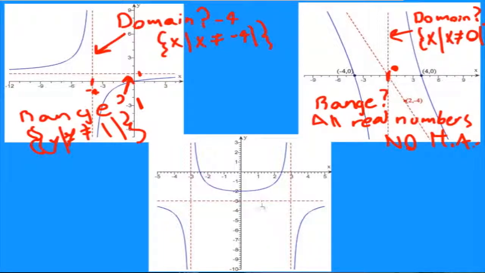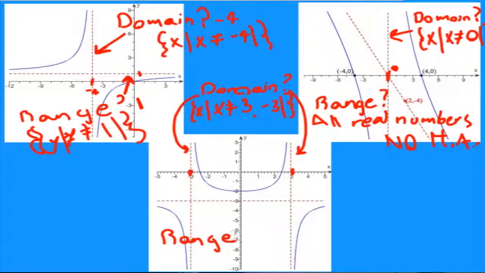Now let's take a look at this one. What's your domain? The domain of this graph. I think you got it right. If not, that's okay, because you're learning and you have to practice. So that's your domain, your vertical asymptotes, which are 3 and -3. You see them? 3 and -3. And your range